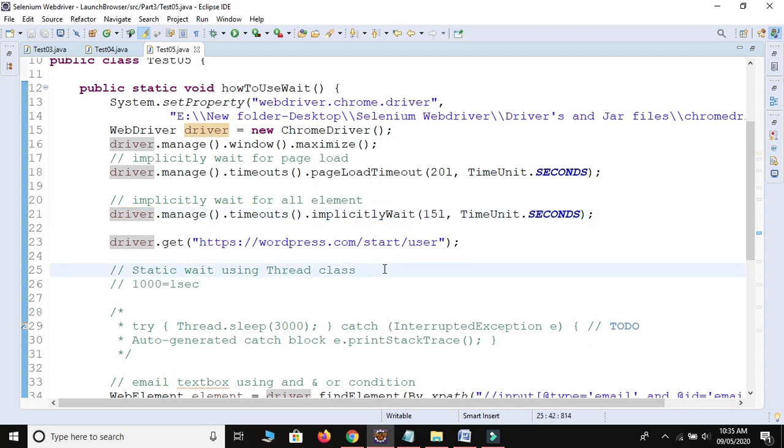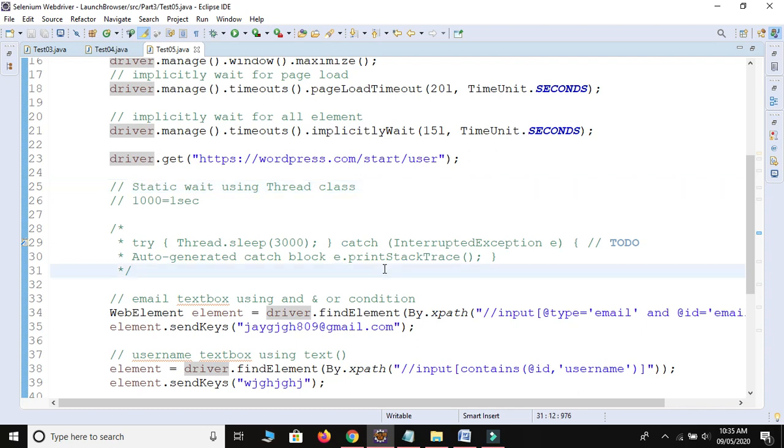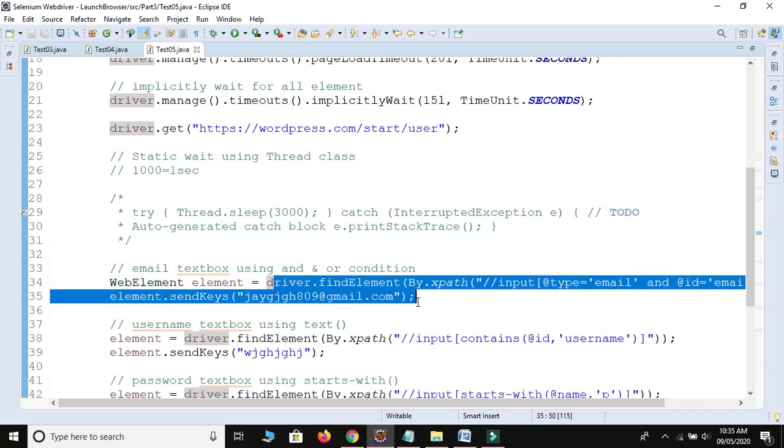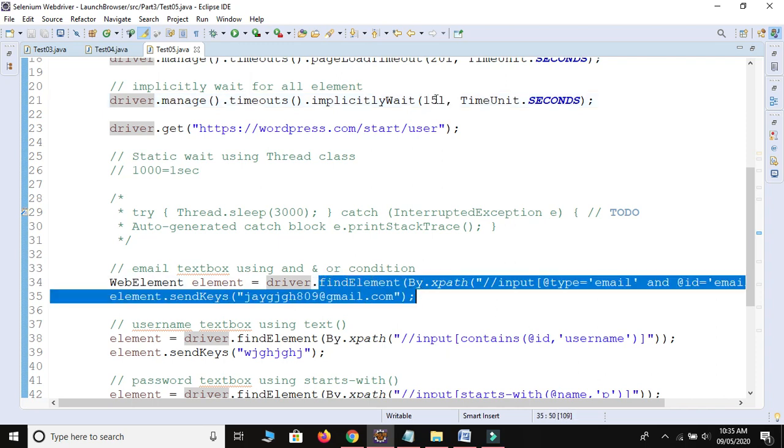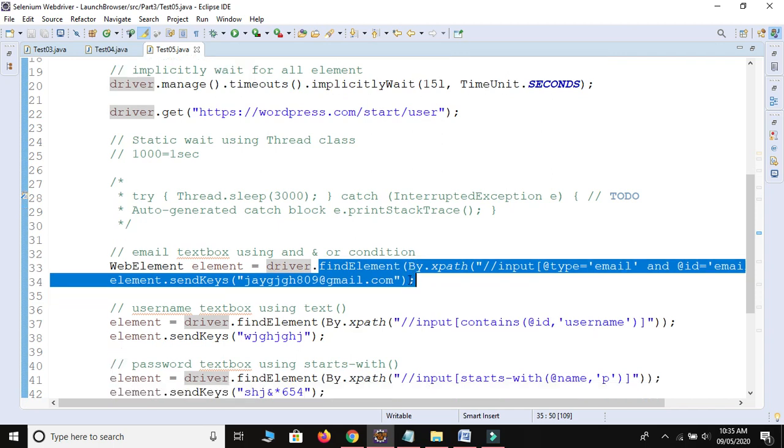Now if this element is found in just 2 seconds, but we provided 15 seconds, don't worry. In this case we provide 15 seconds, but if your first element is found in only 2 seconds, then the rest of the 13 seconds will be ignored.